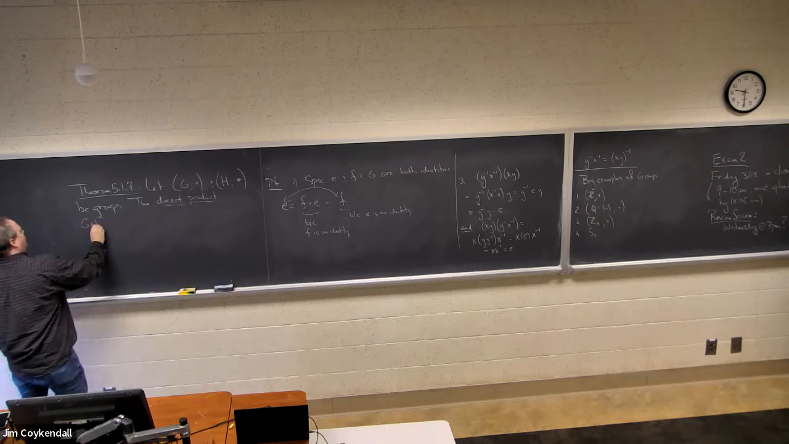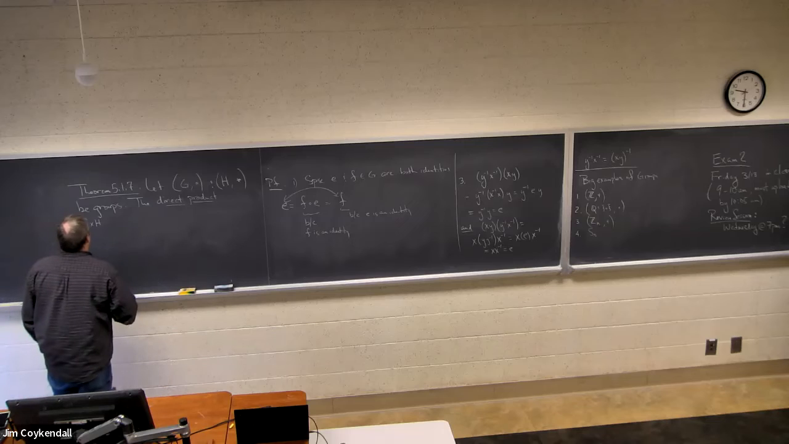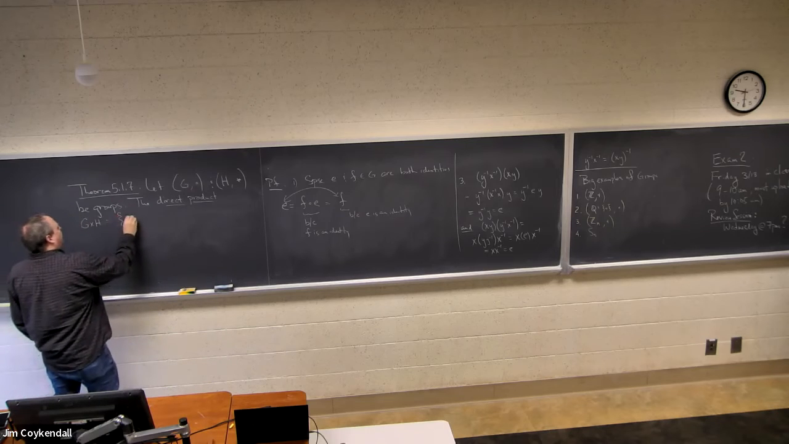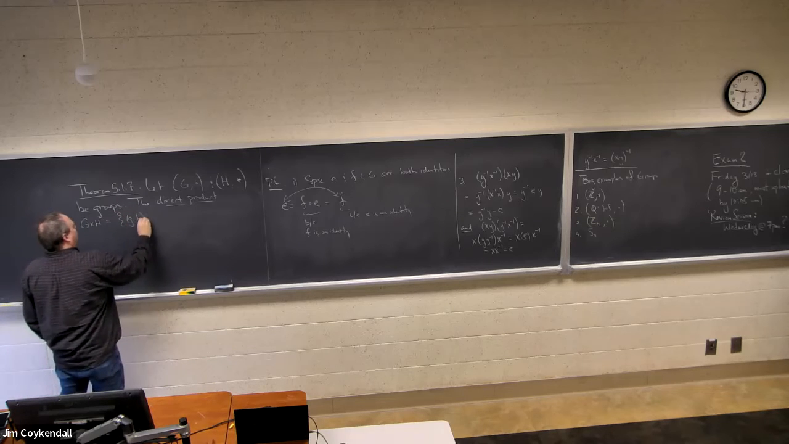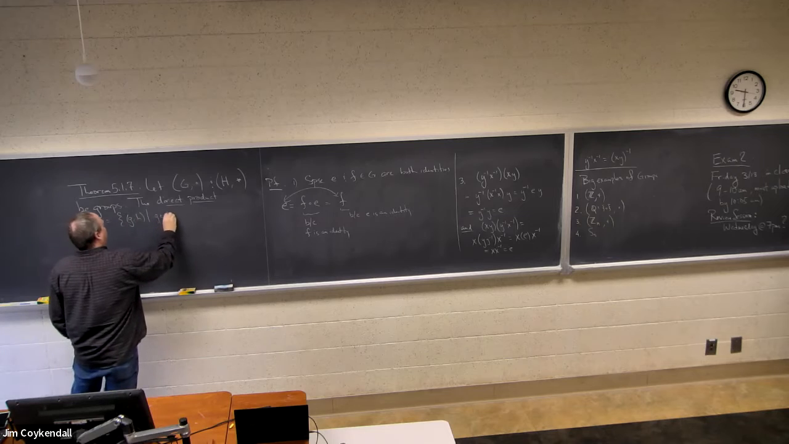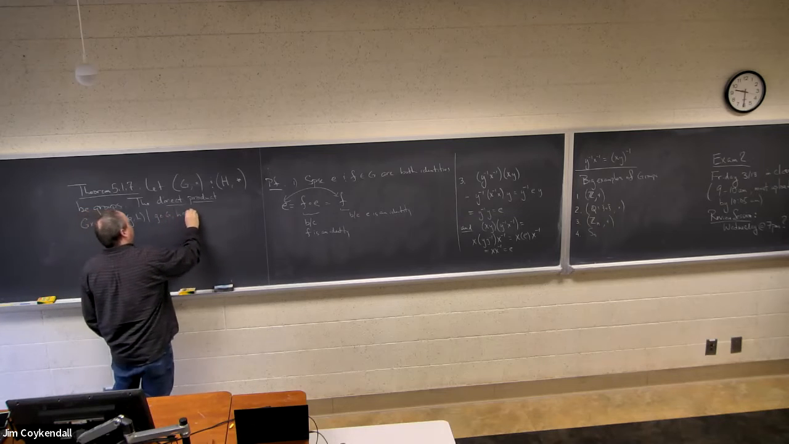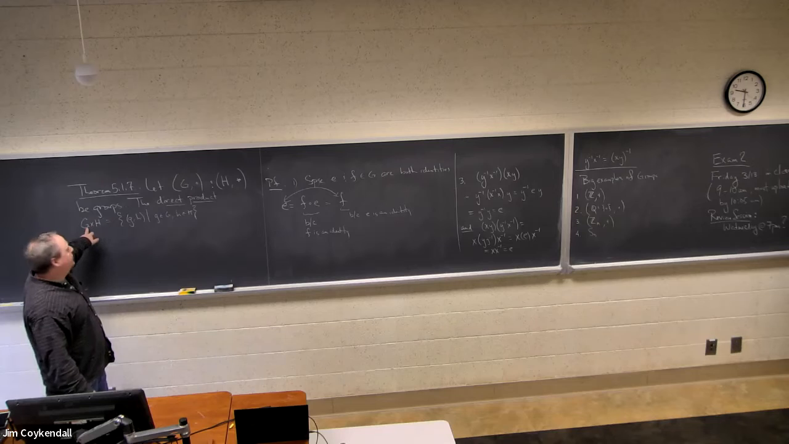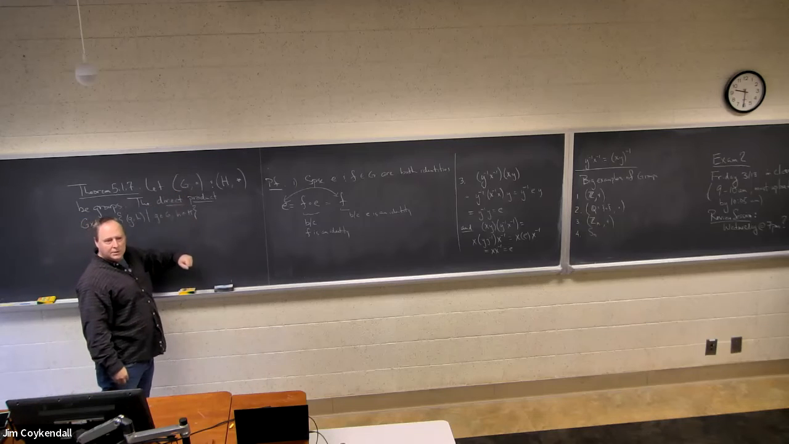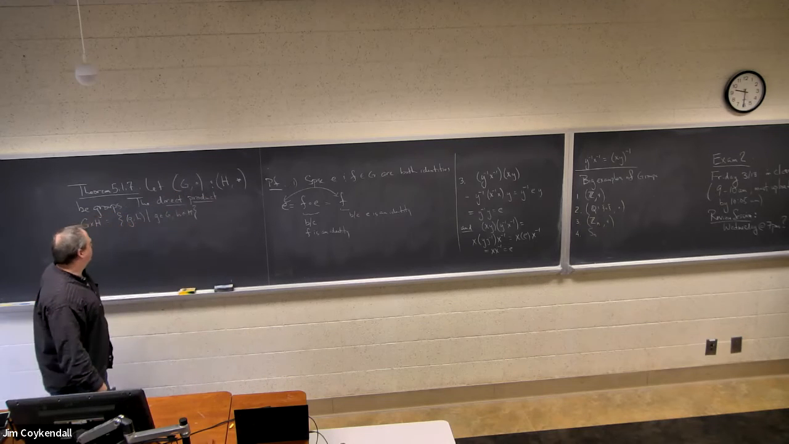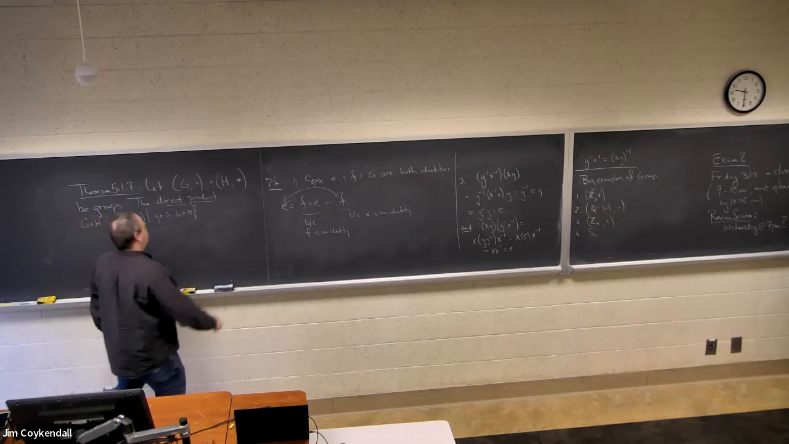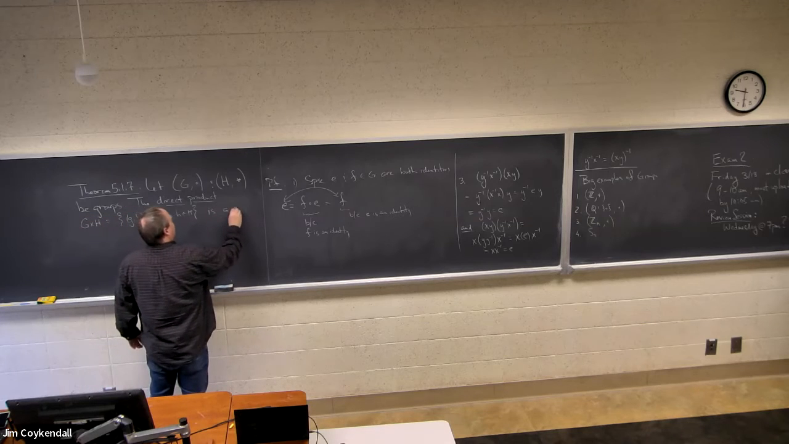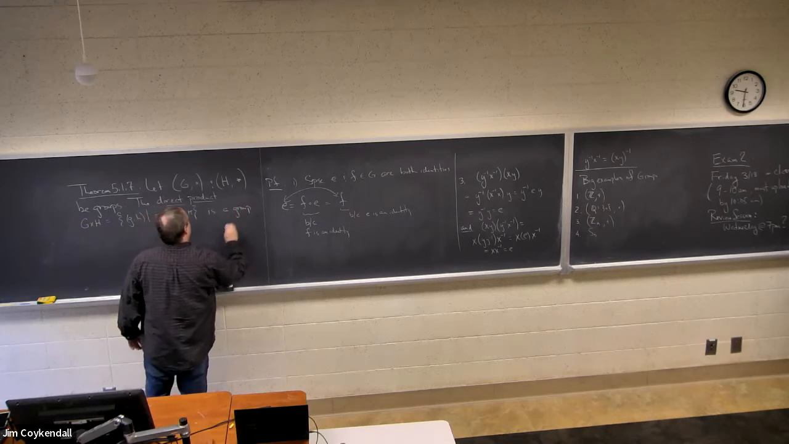So here's the definition part of this theorem. G cross H, which is the set of pairs (g, h) with g in G and h in H. Notice this is just a set of ordered pairs. First coordinate comes from G, second coordinate comes from H. It is a group with